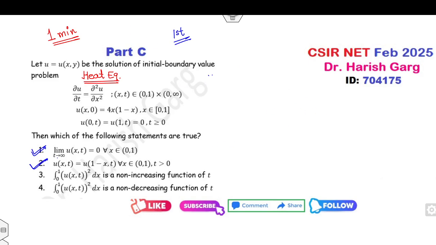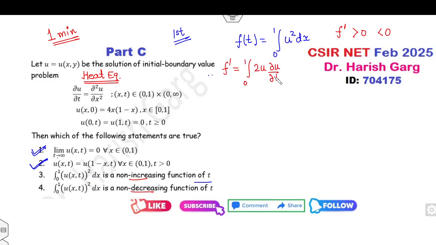I will tell you the second method as well. Now remember, my solution is alpha. Okay. I can solve because my function is decreasing. So whenever you have to integrate them, this is the function of t which I call f of t, which is the integral of u square dx. To check whether it is non-increasing or non-decreasing, you can find the derivative and see whether it is less than 0 or greater than 0. So can you find the derivative with respect to t? The derivative with respect to t is the integral of 2u del u by del t dx. Fine. Now, what is the value of del u by del t? It is